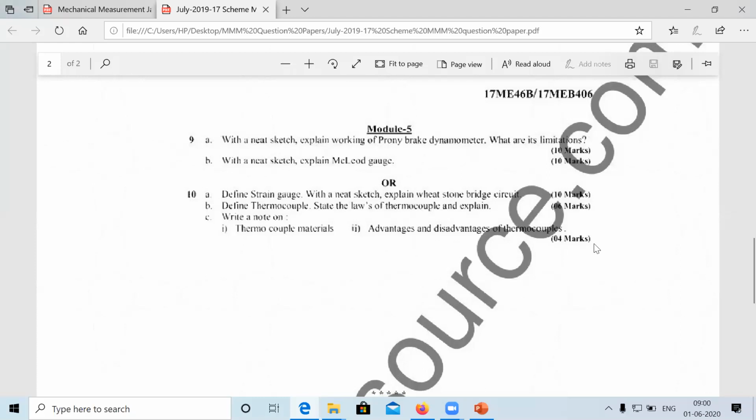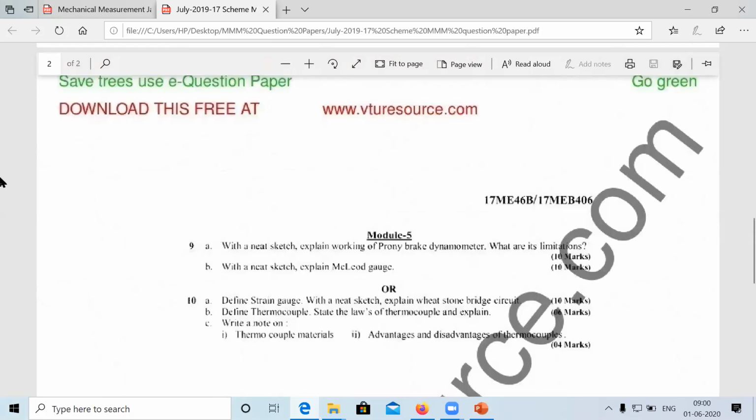It is for 4 marks, so you can see that it is classified into 2 each for thermocouple as well as advantages and disadvantages of it. So this is about our 5th module. So I have just shown you the pattern of the questions right away. And next,